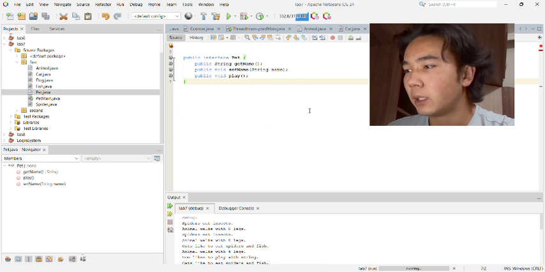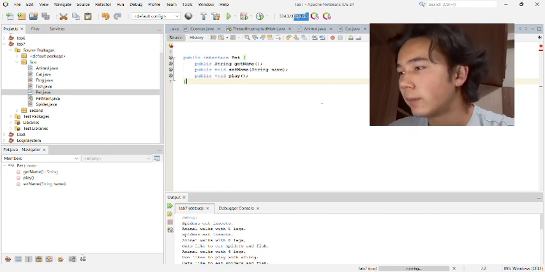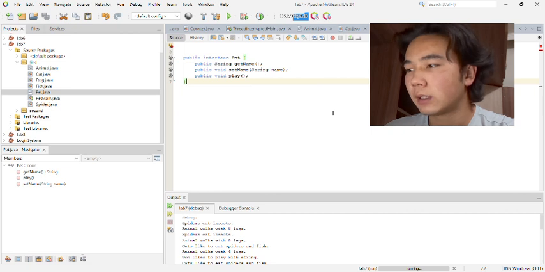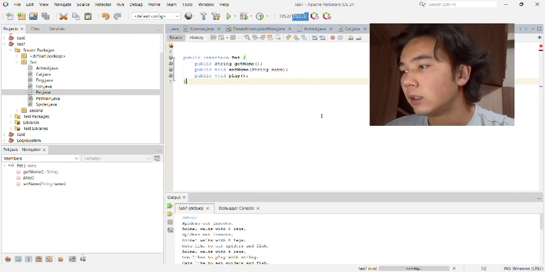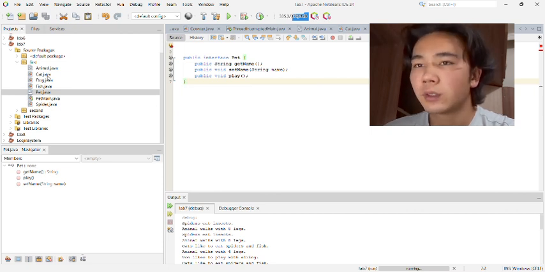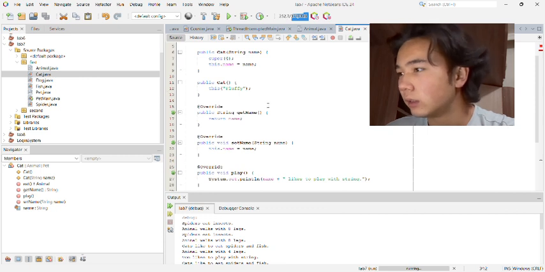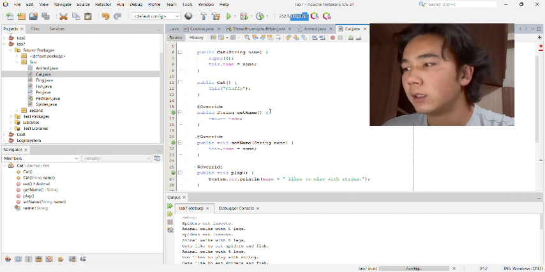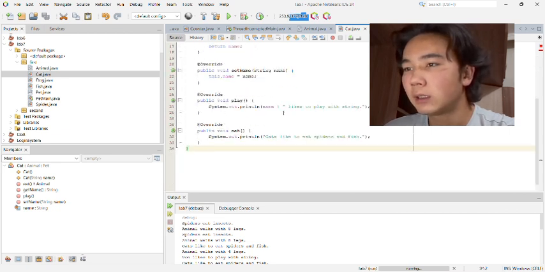Get name, set name, play. Polymorphism: animals are referenced via animal and pet types, allowing generalized handling. Constructor overloading: cat has two constructors, one default, one with name. Instance of and typecasting are used in the play with animal method